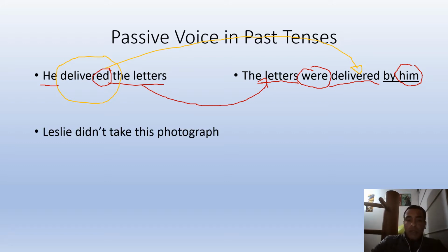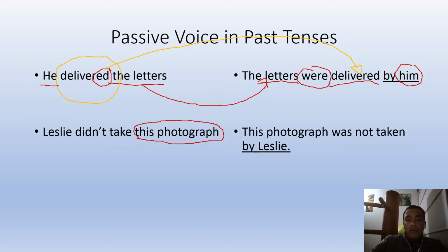Now, interrogative sentences. Again, remember, am, are, is in present, in past, was, were. And if it is a negative statement, so that will be was not, wasn't, or were not, weren't. Okay, so again, we identify this photograph, identify the object. So that is going to be at the beginning of the sentence here. So at the beginning of the sentence,